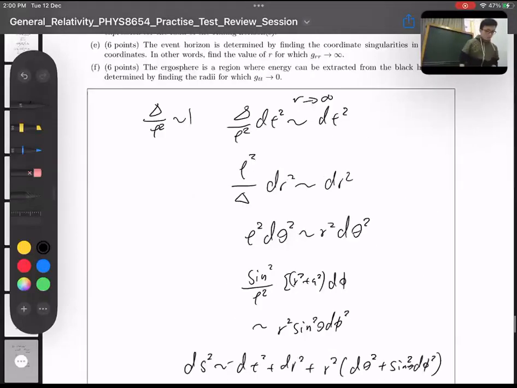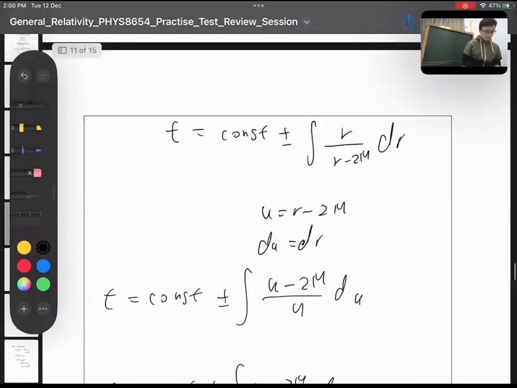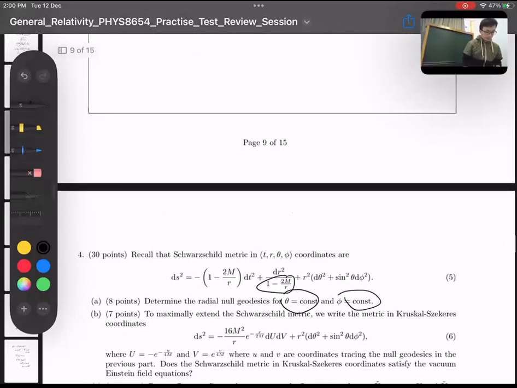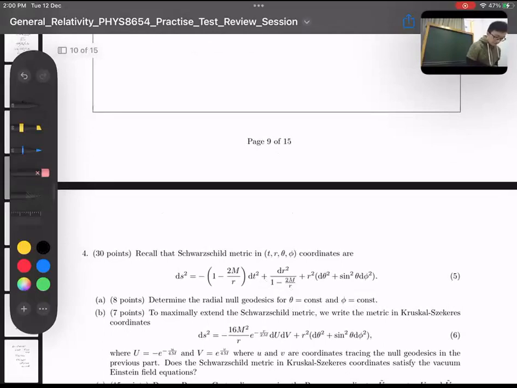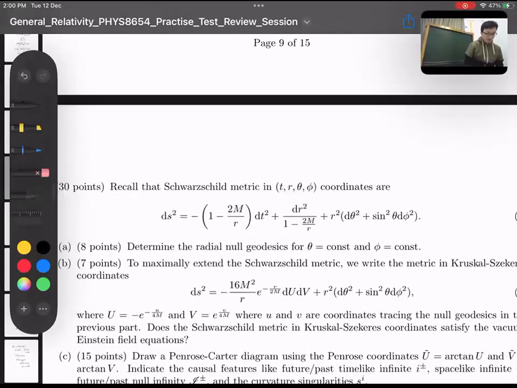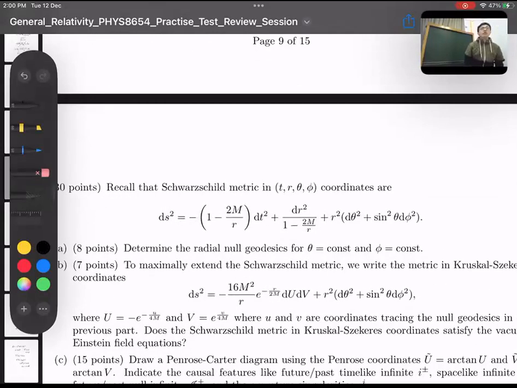And here, for the Schwarzschild metric, since it has an r dependence, the only thing that's conserved here is the energy, because there's no time dependence in everything. But since it has a dependence on r, the energy,